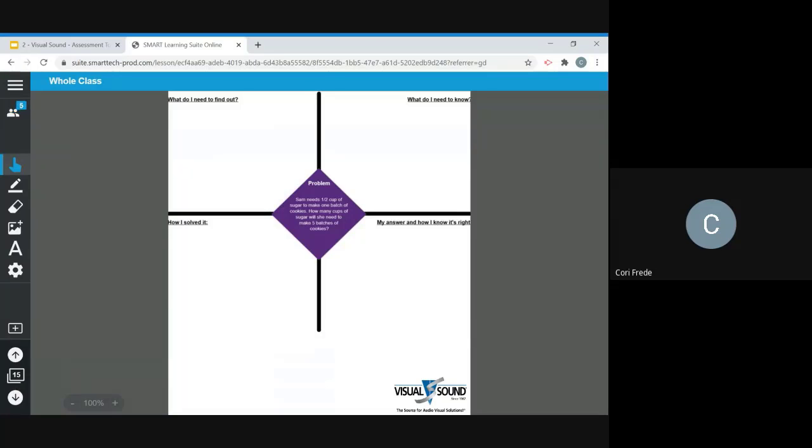And that's, again, some of that nice collaborativeness. It also gives you as the teacher a quick snapshot of what your students are understanding or not understanding